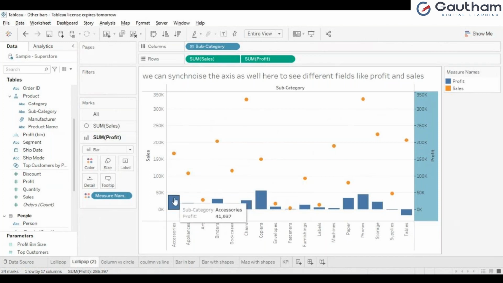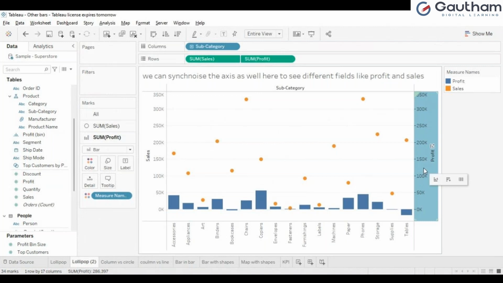For example, if I say 10 apples are there, see how many I sold, total I sold, it means 10 apples, but the cost of 10 apples will be 500, imagine. So that's why it came until here. It means the profit ratio is bigger than the sales, right? So in this apple example, you cannot perform a lollipop chart for such kind of measures. Okay, but why have I explained this here? To make you understand how you can perform a synchronized